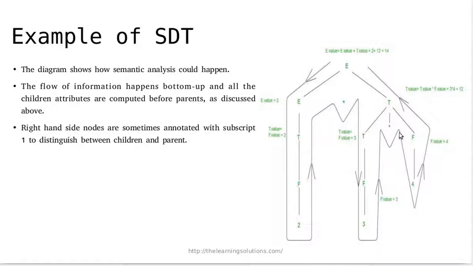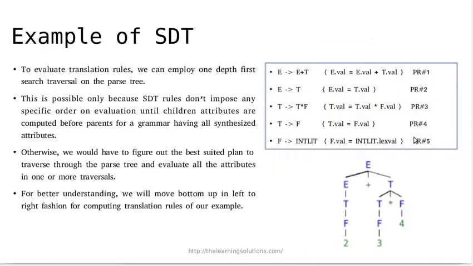At star we are not applying any rule. For 4 similar rules are applicable. The value of 4 is assigned to F. Now we have T star F. So just apply the rule, bottom up parsing. Reduce this T star F. T star F is reduced to T.